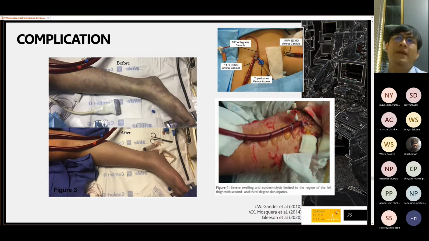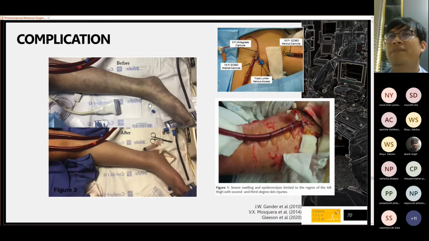But anyway, sometimes we let the leg lack blood supply for a long time. If we put the distal perfusion back again,